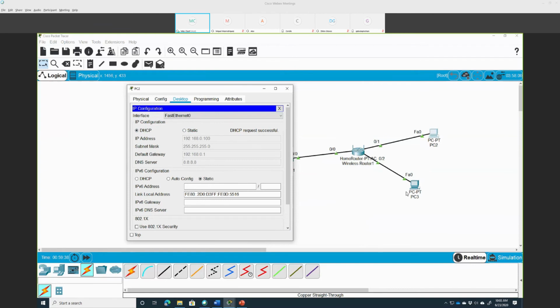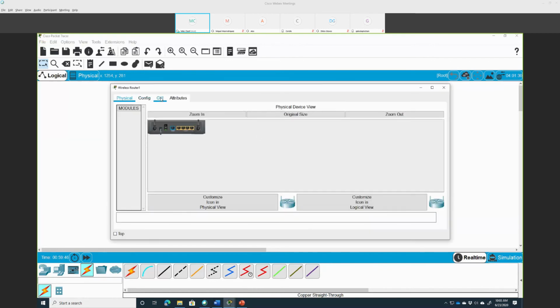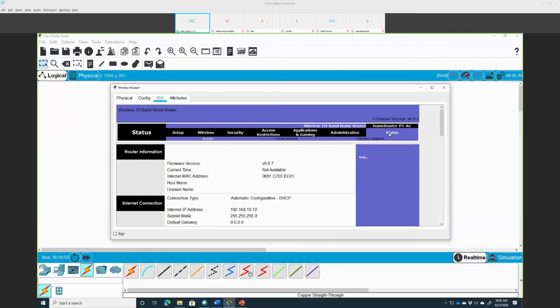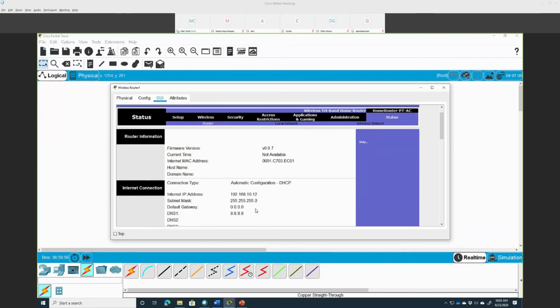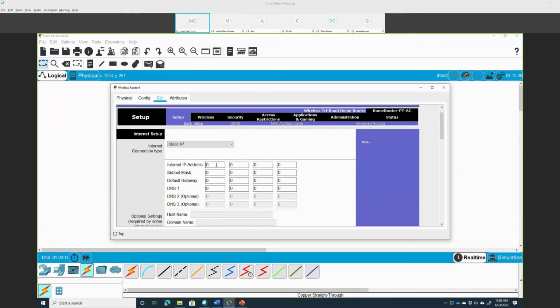Okay, so now we get in the right one. So how about the GUI? We go to GUI and we go to the internet. The internet is on the DHCP server. So if you go to status right here, still didn't get the gateway because we messed up in the beginning. So my question, if I change it, if I say a static address, then put